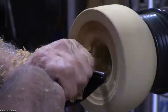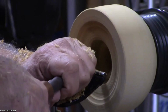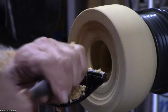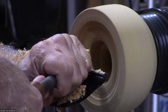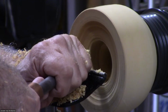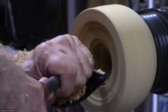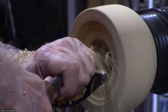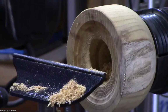Okay, so turning directly into the end grain. It's not pretty, it's not going to leave you a good surface, but it's easy enough to do sometimes. Using the nose of the tool to scribe a little shoulder. Once you get the shoulder, you rub the bevel to the depth that you need. Now, the thing to notice is that